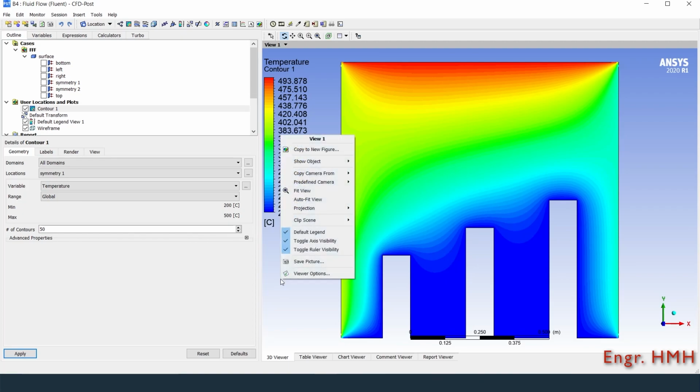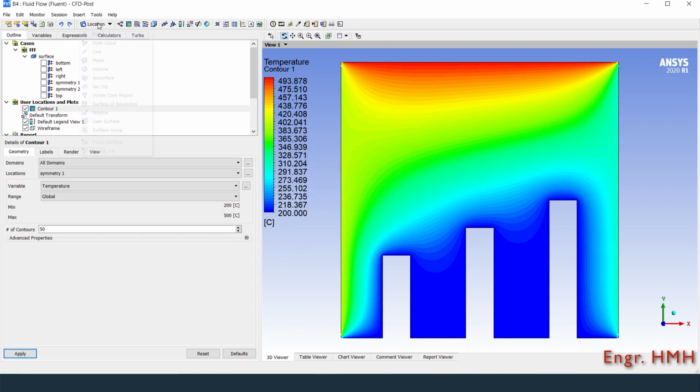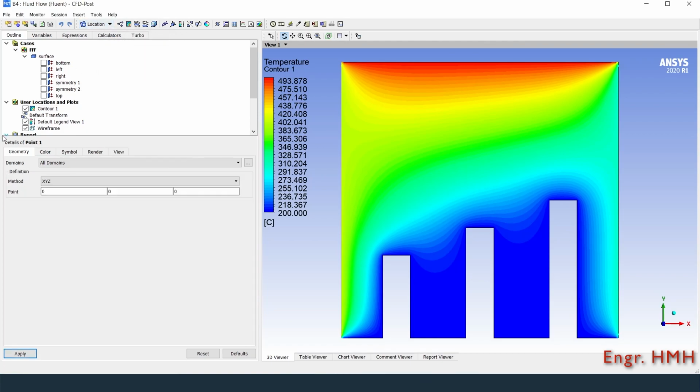To view the temperature at a particular position, go to the location point, keep the same name and click OK. Provide the position. In this case, the X value is 0.955, the Y value is 0.825 and the Z value is 0.